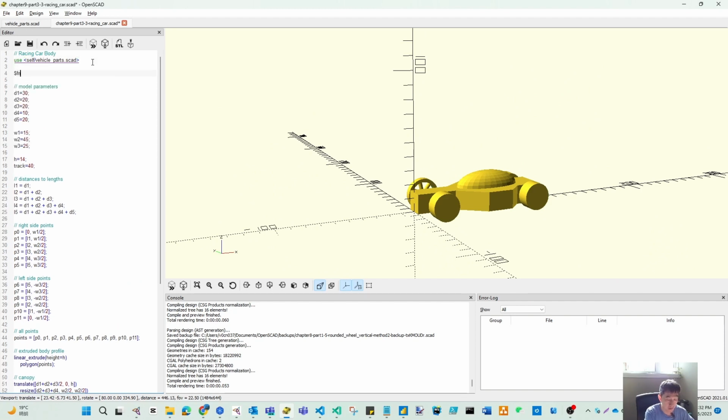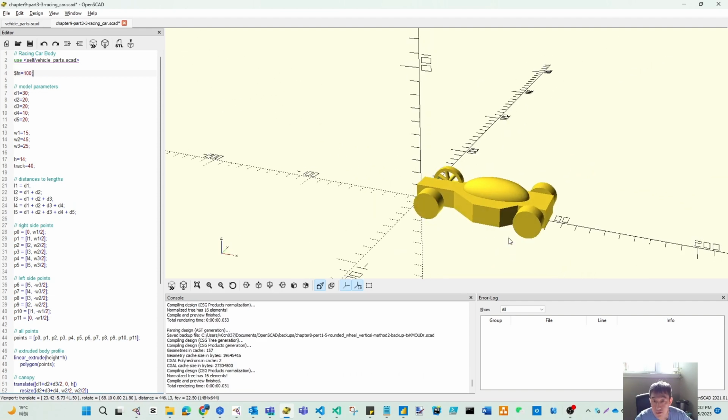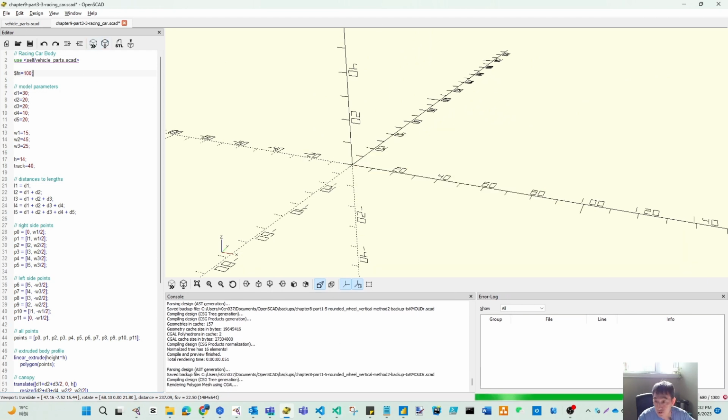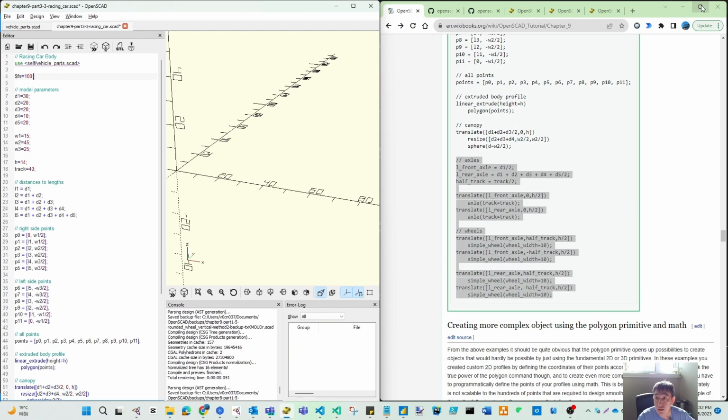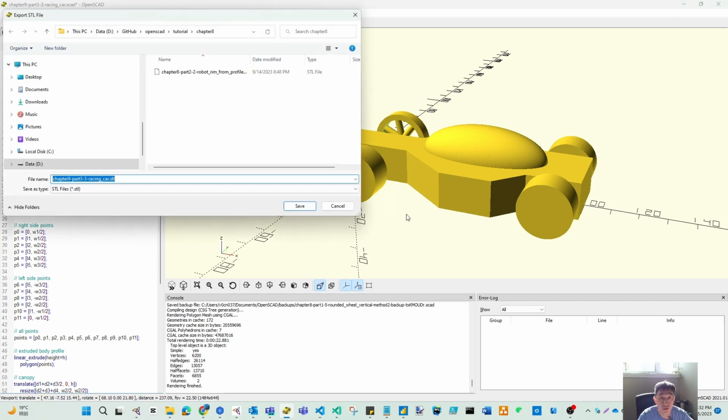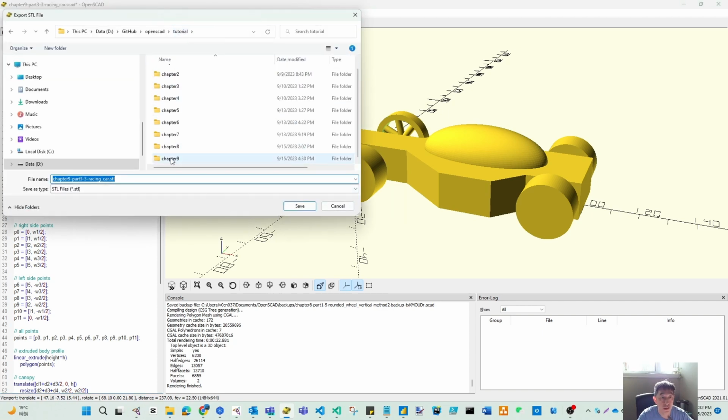So let's make this wheel number 100. Then we make this smooth. And then if you want to render that, you can, but because it's getting complex for the model, it may get slower after rendering. You can export this as an STL model file. But for my model, actually it's a different wheel. So anyway, I will export that to Chapter9,